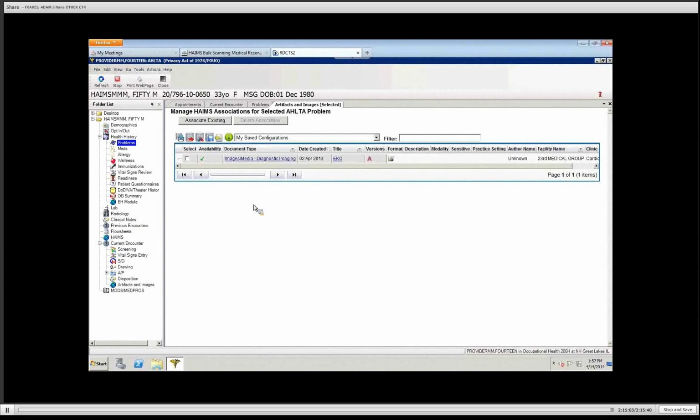So those are the 4 methods to launch the HAIMS application from within Alta. Don't forget that you cannot see the HAIMS folder in Alta unless you have pulled up a HAIMS patient. And once you are inside Alta, if you want to launch the HAIMS application, you either click on the HAIMS tab folder, you go to Current Encounter and click on Artifacts and Images, you go to the Previous Encounter and then click on the Artifacts and Images at the top of the screen, or you can access the HAIMS application from within the problems list. So unless there are any other